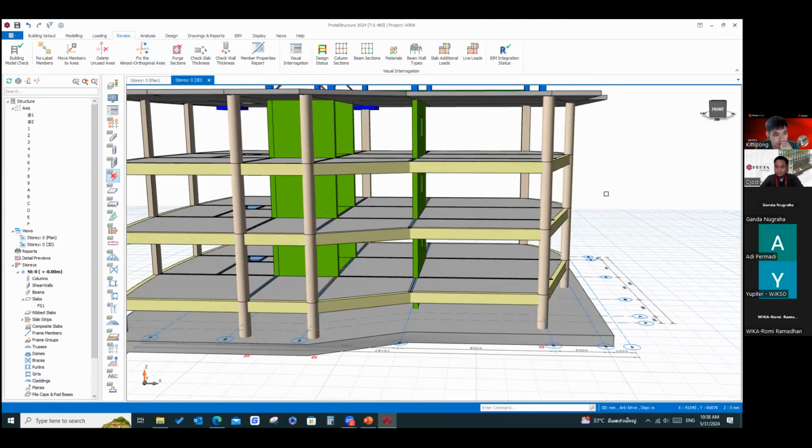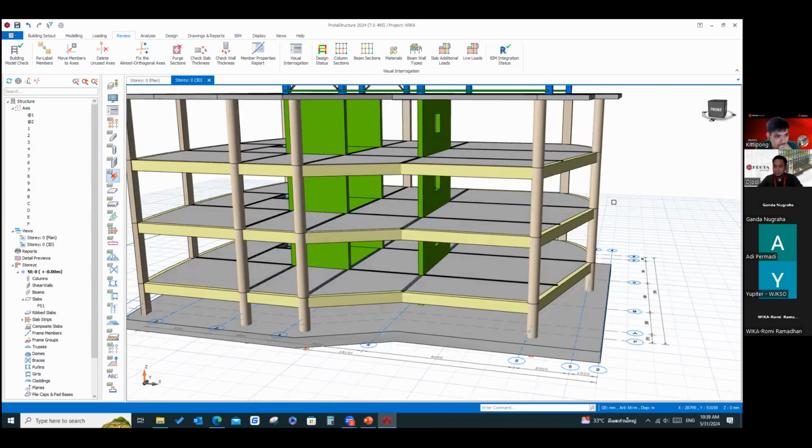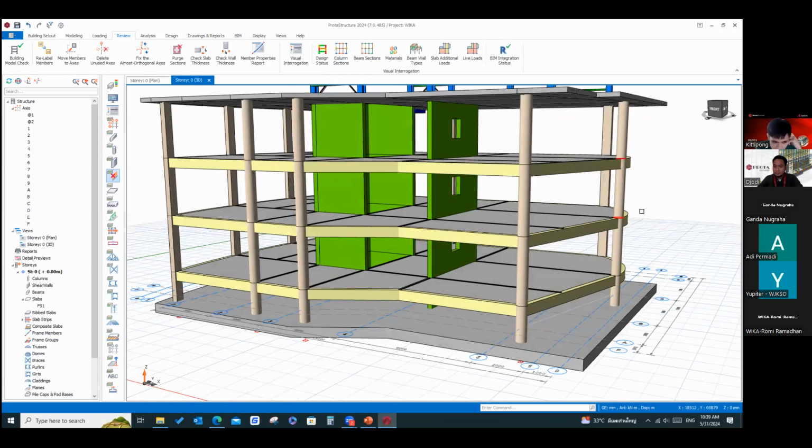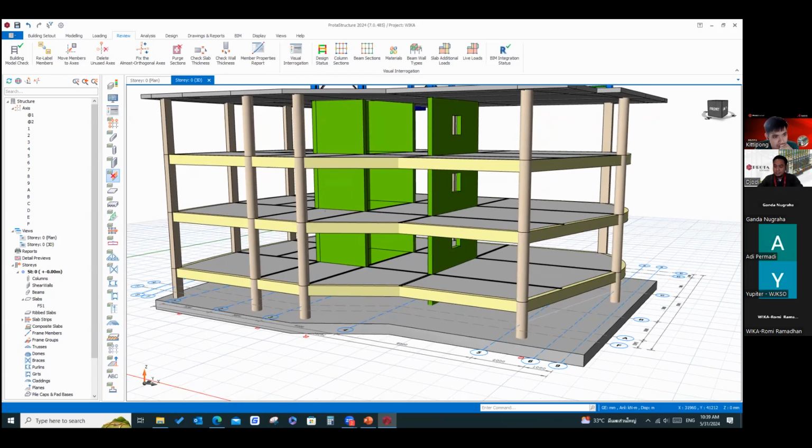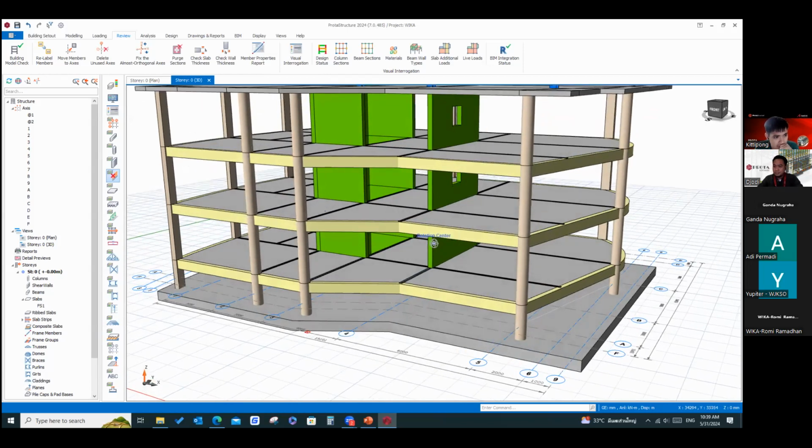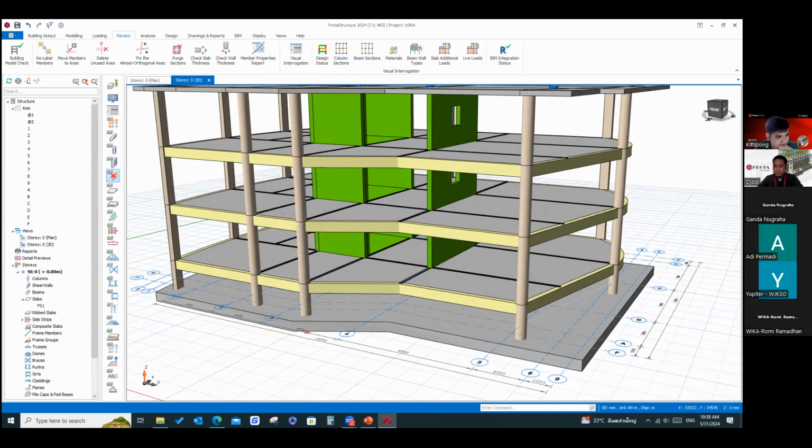Saya tadi belum melihat meletakkan boundary condition-nya itu di antara tanah dan slab itu seperti apa. Apakah di seluruh permukaan atau seperti apa kira-kira. Karena itu nanti akan menentukan bending moment yang terjadi di mat foundation. Karena di posisi bawah ada tanah, di posisi atas ada struktur kolom dan sebagainya.